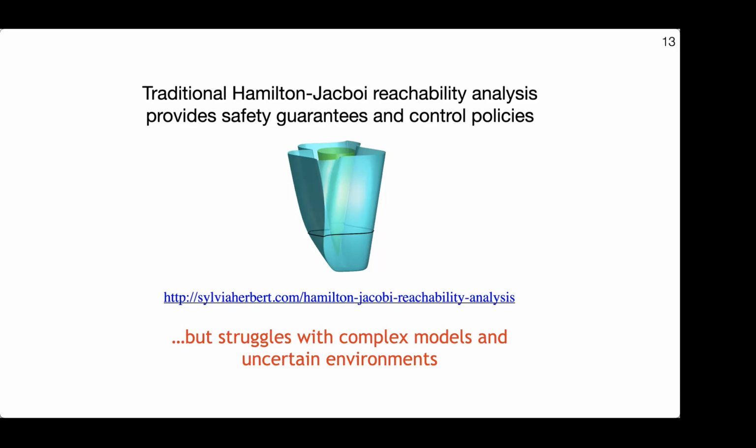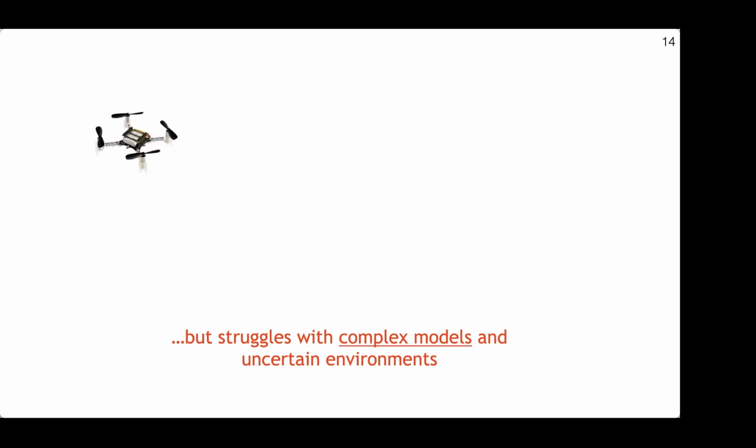This stems from the fact that I said that we're gridding up the entire state space. So if we care about position, let's say we have X and Y, then we have a 2D system and we have a square of grids. If I add in another state, if I now care about X, Y, and my angle or my velocity, every additional state that I care about adds exponentially more grid points that I have to analyze over. So when I want to do an analysis on like a full 12D nonlinear model of a drone, instead, this might only be tractable for like assuming that the drone is like a point mass that only moves up and down.